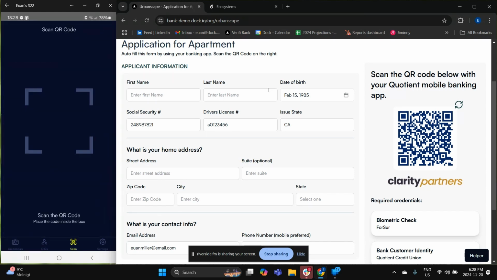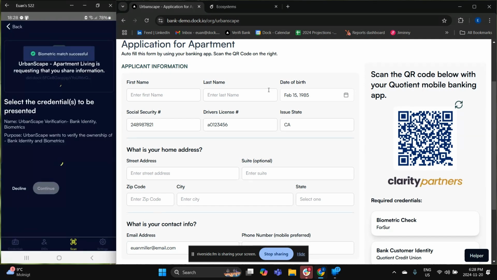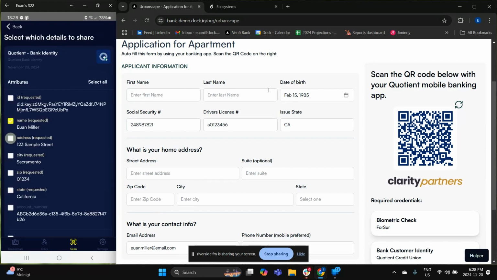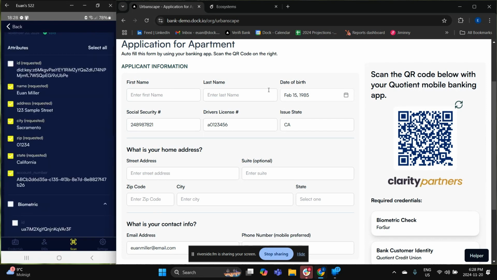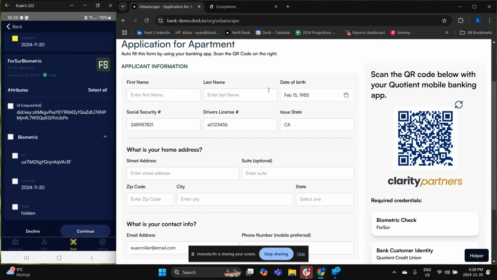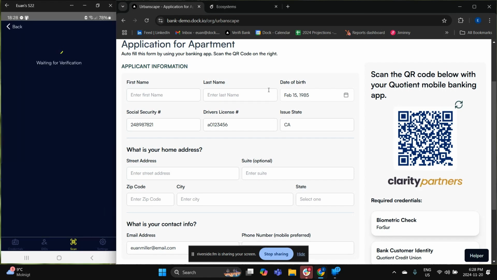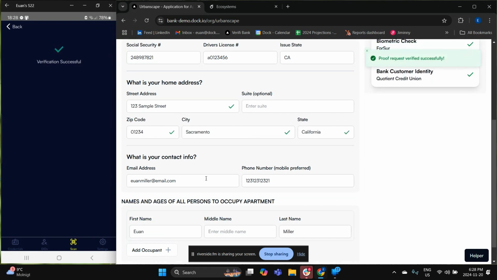So I'm going to do that. I'm going to scan the QR code. It's going to pre-populate the form. There we go. I'm going to share all that great stuff like I did before. It's going to pre-populate it, and then if I try to use that revoked credential, took a couple of seconds there, but that's all good.